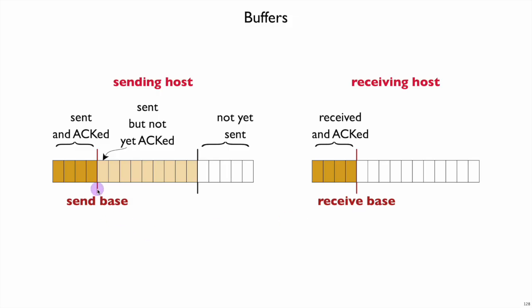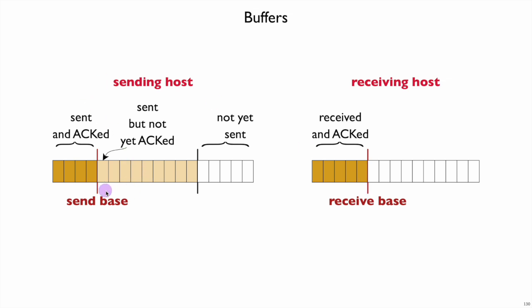So the send base basically is the point in the stream of packets on the sending host where it still needs to do something. It's not yet done. And the receive base, similarly, is a place where we still are working on packets and letting the other side know that they're done or we're waiting for them. When this receiving host gets a new packet in, it's not immediately acknowledged. Could be for various reasons, but at least it still has to decide to send an acknowledgement at some point. So there is at least some time that it'll be the light beige here on the receiving side, and then the receiver sends an acknowledgement back, and as far as it's concerned, that packet is fully delivered.